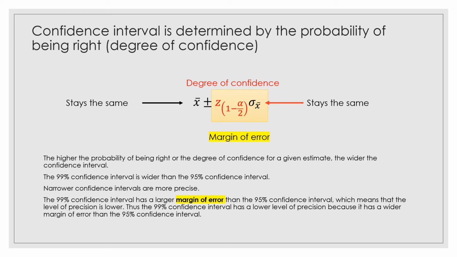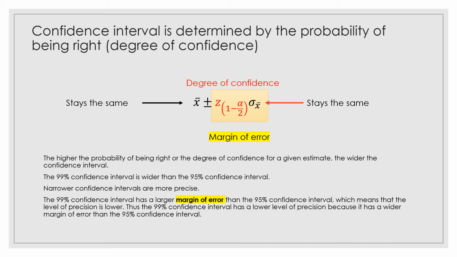This means that the level of precision is lower for the 99% confidence interval. And because of that, the 95% confidence interval has a higher level of precision because it has a smaller margin of error than the 99% confidence interval. And if you can see from the equation, if the mean stays the same and if the standard error stays the same,